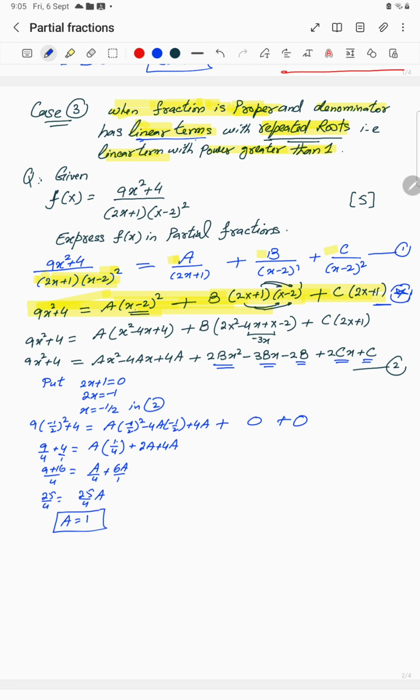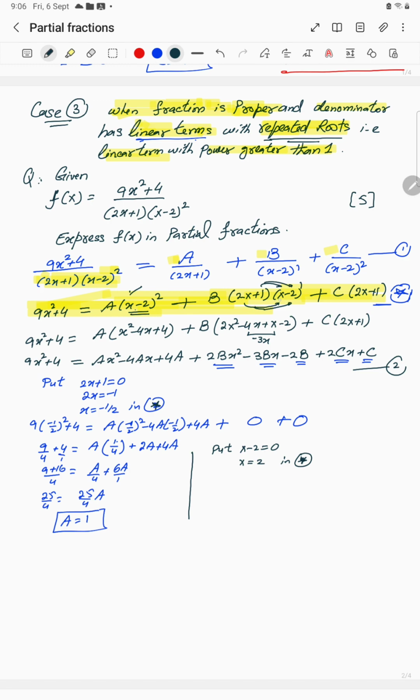I got a equal to 1. Right? Now the next, what is the linear term with b? If you put x minus 2 equal to 0, it implies that x equals 2. In equation 2, oh no, star is better. It's the same thing. You can put it in 2, but to save your calculation, I'm substituting in star. Why? When x is 2, you can see with a, 2 minus 2 is 0, so a will be eliminated, and